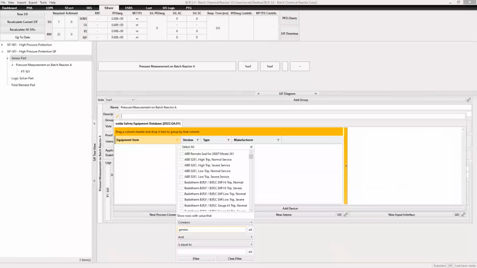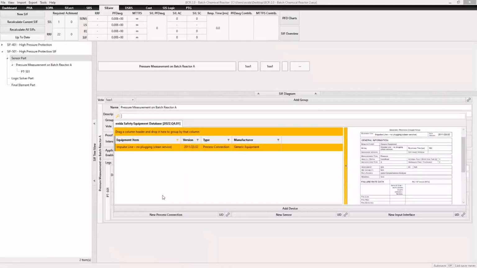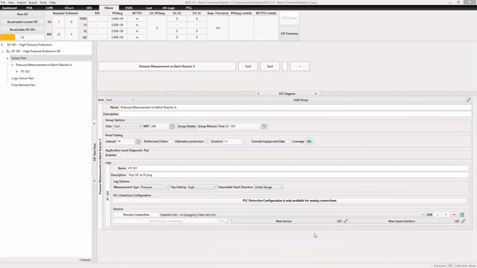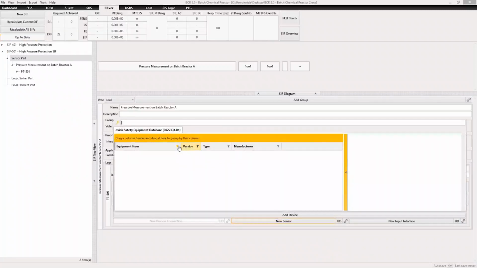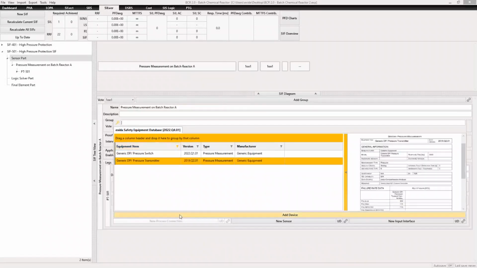And to choose generic in these scenarios, and since this is a process connection, what I want to type in is cleans. So I'll choose this generic impulse line, and it's just assuming that no plugging would occur within my application with this process connection. And so I've selected it. I can look at the data, and I can just click Add Device. Next, I'll choose my sensor, and here I can input generic, and I can choose my pressure transmitter and hit